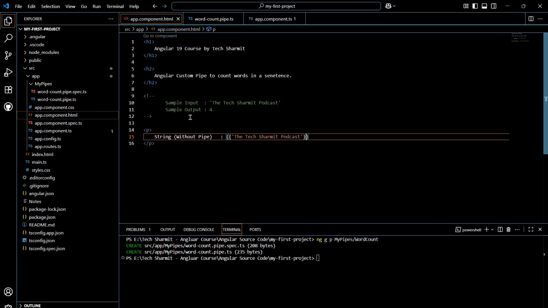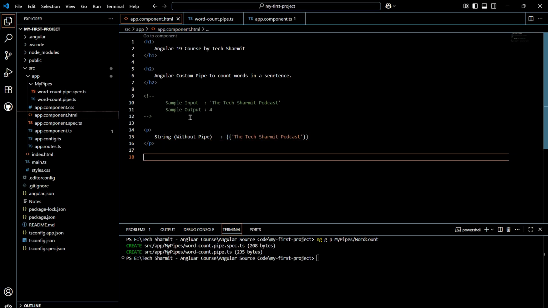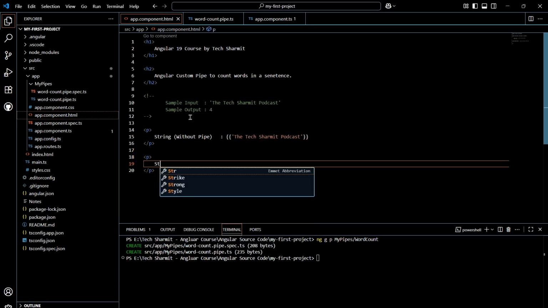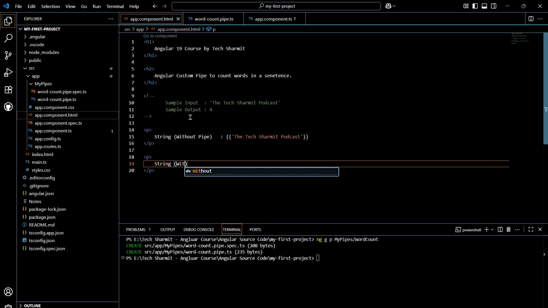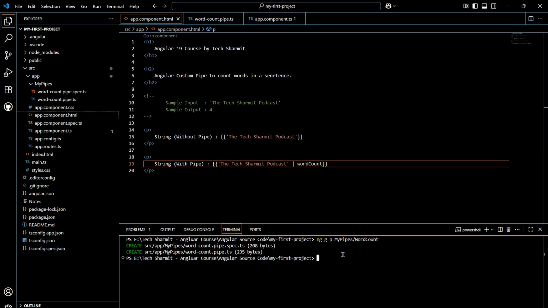Okay, then we will put the second paragraph over here where we will print the string, but this time we will use the pipe. And then we have to write a colon over here, then double curly braces, and in this we will write the Sharmit podcast, then a pipe, and then the word count. Perfect. Now you can save it and refresh it. So let's run the application. ng serve